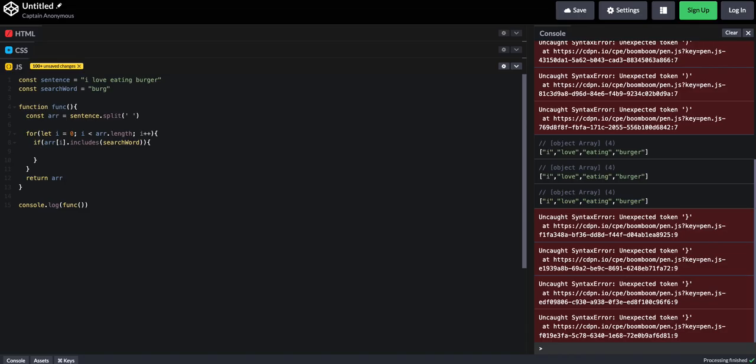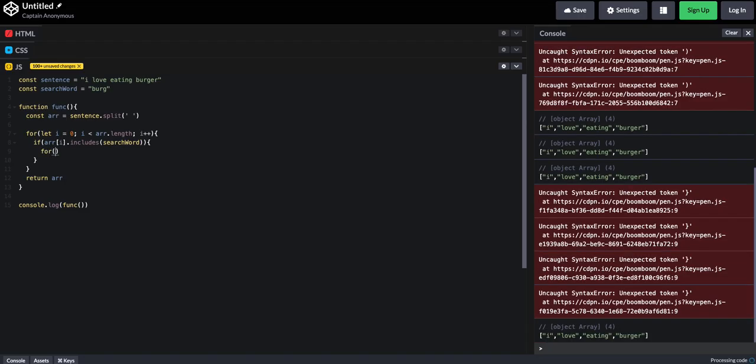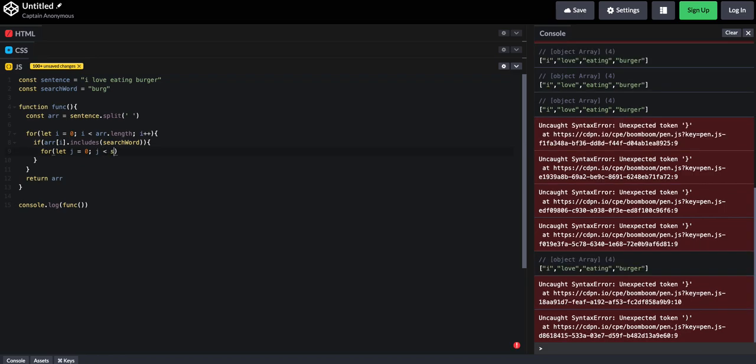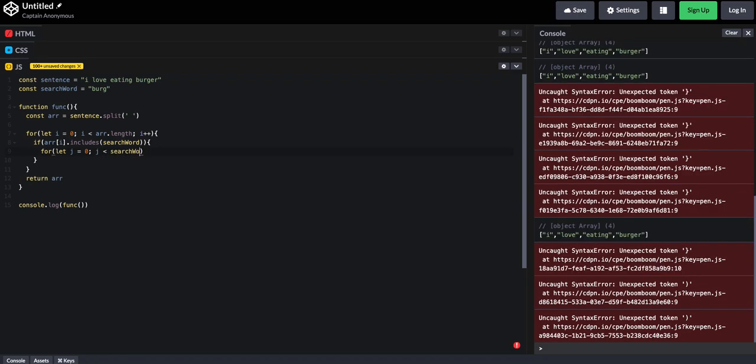Now we do another for loop. So we're going to say for let j equals 0, if j is less than, now we're going to loop through search word instead, search word dot length,